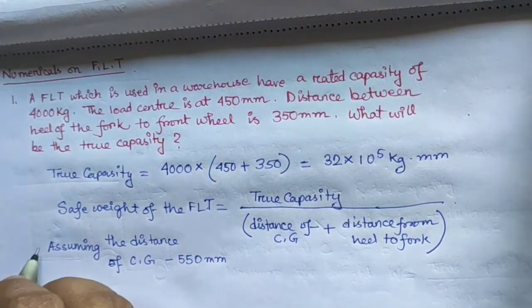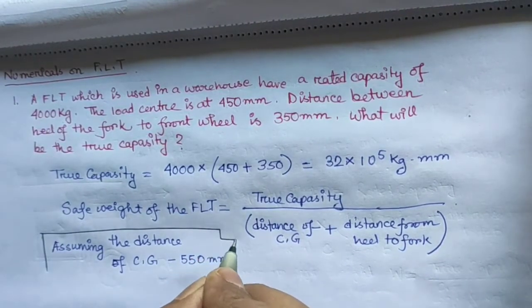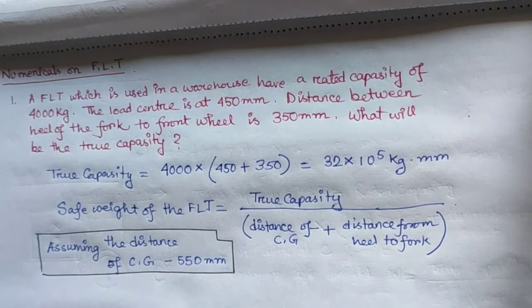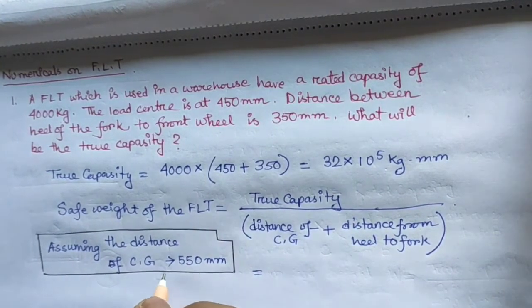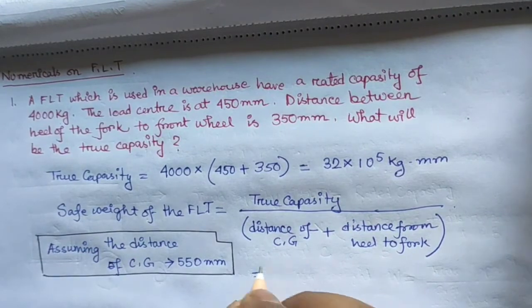Obviously this would be given in the question, but here we are assuming the distance of CG. So if we assume the distance of the CG from the heel of the fork is about 550 mm,